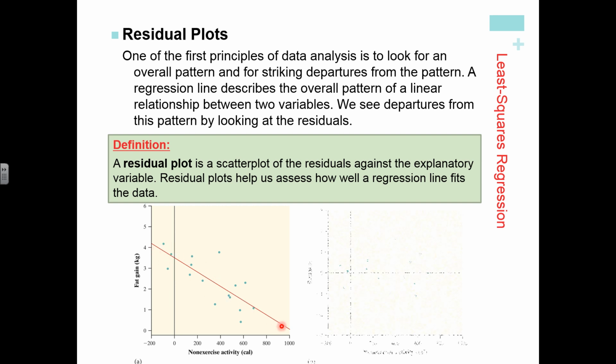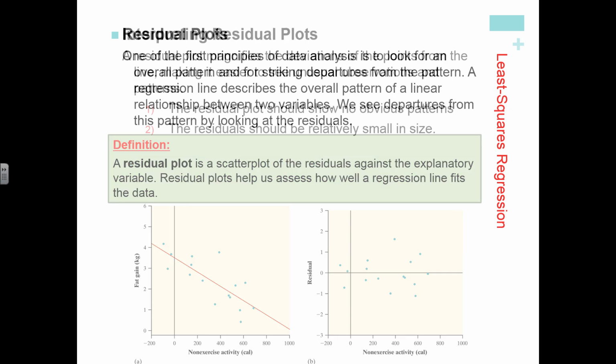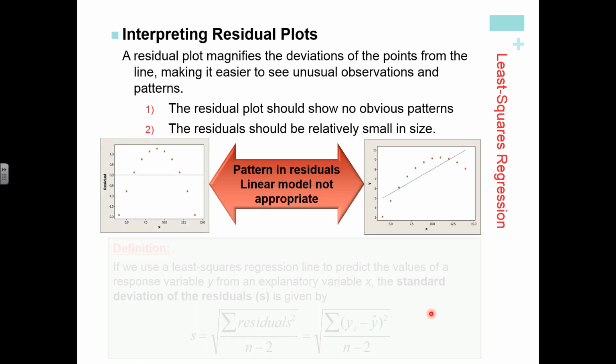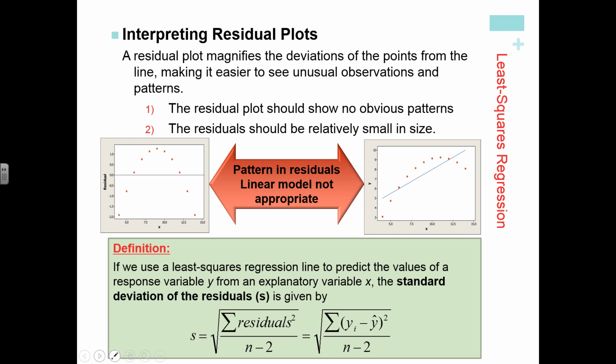From that regression line, I can make a residual plot showing all of these little distances from the observed to the predicted values. That's showing me all the little points. What you want to be really careful of, and I'm going to write this down because I think you need to make sure you get this in your keeper, is if you see a pattern,